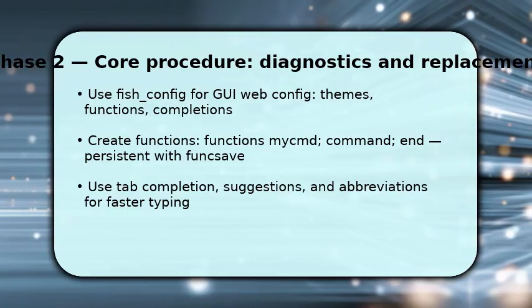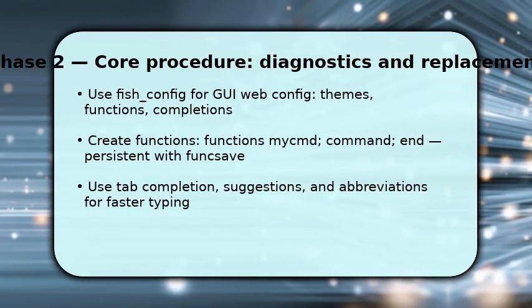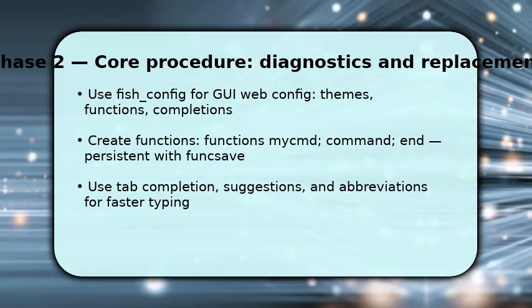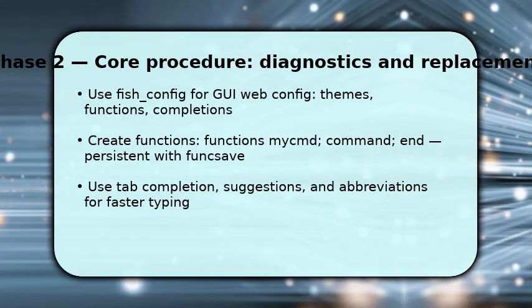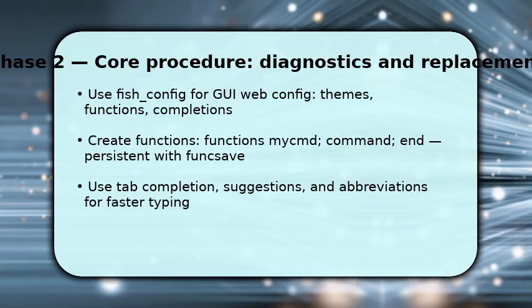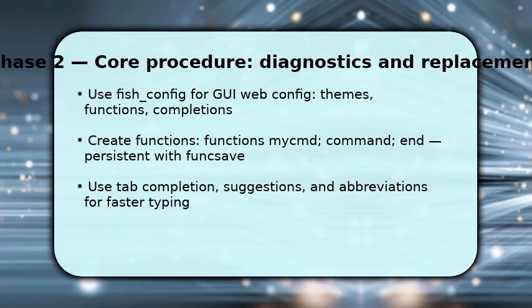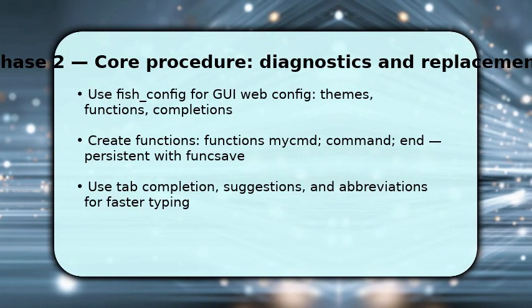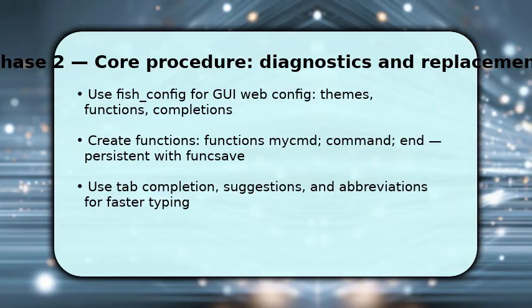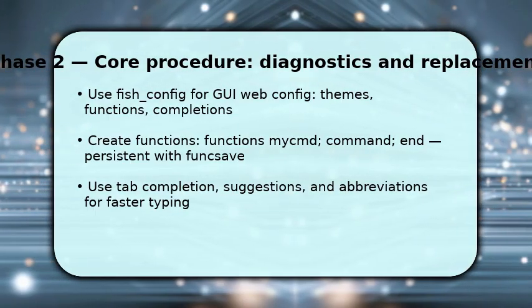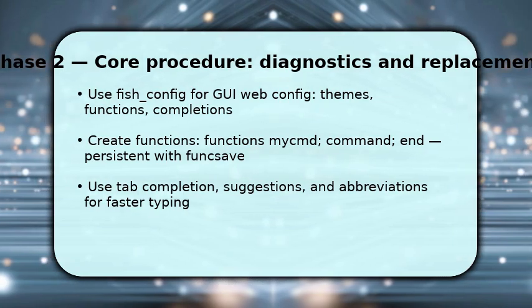Create scripts with functions. Write function mcd, command, end, then save with funcsave so changes persist. Use abbreviations and tab completion to reduce typing and watch live suggestions as you type. Once done, try common commands and tweak prompts to reinforce muscle memory, and you finish by configuring advanced options and